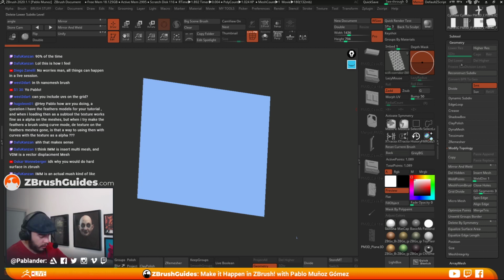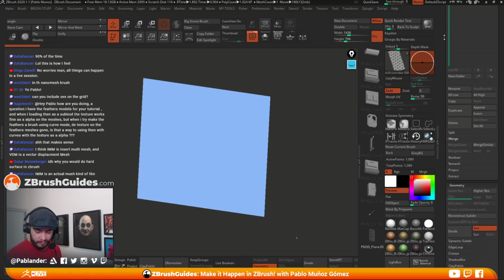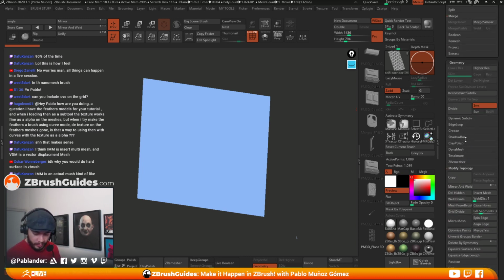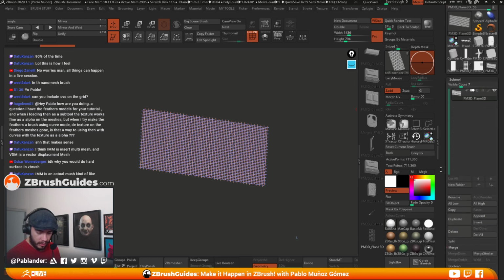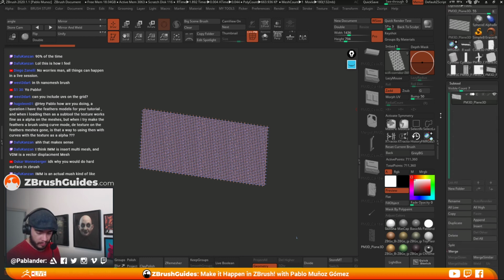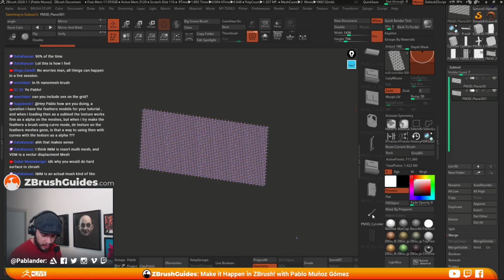So we need to reverse engineer this brush and make it an IMM. If I click on that, it gives me the selected mesh in the current nanomesh brush. So I'm gonna duplicate this, select this one,